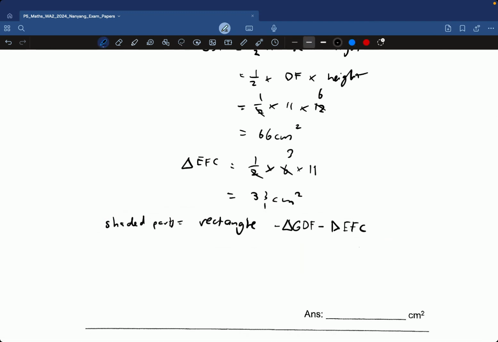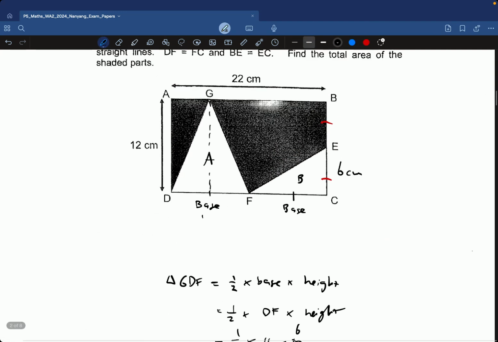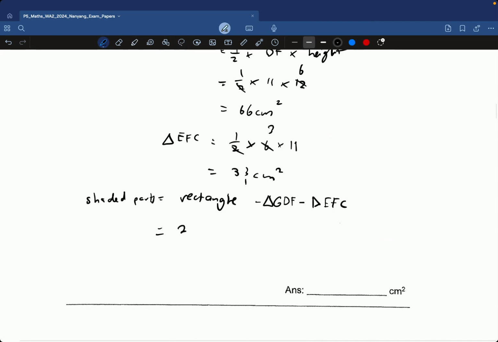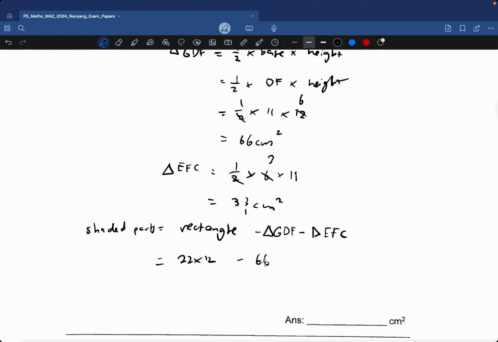So rectangle itself is basically 22 times 12 minus GDF, which is 66 minus 33. So let's have the 22 times 12 in this case. So 22 times 12. So 4 and 4, 2 and 2. This will be plus 264, right? So we have 264